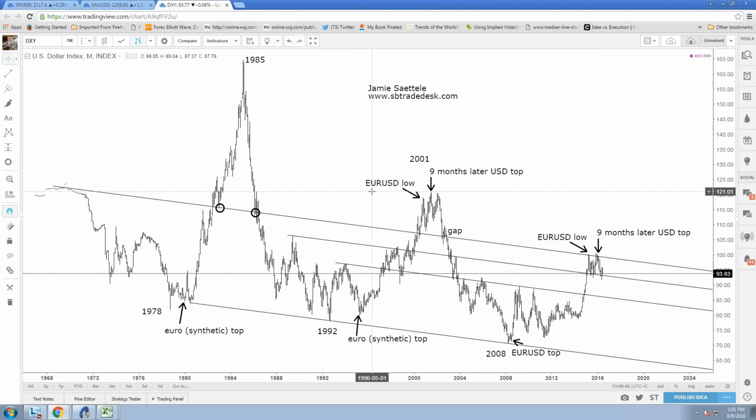Is it done? What I mean by that is the cycle bull leg from 2008. This is a very serious, important consideration. If you think about the universe of capital markets, much like the universe that we live in, everything revolves around what? The sun. In the universe of capital markets, everything does revolve around the US dollar. The dollar is the sun.